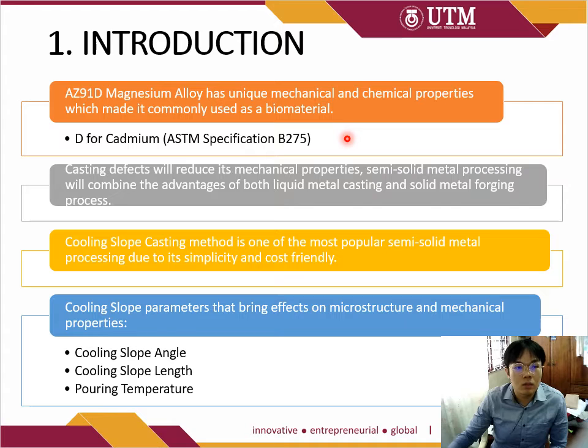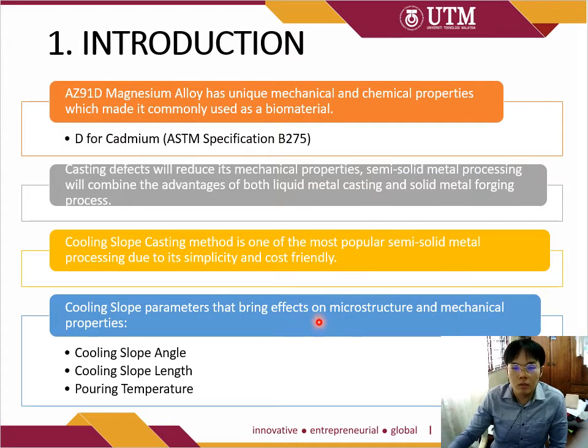As we all know, casting defects will reduce its mechanical properties, and semi-solid metal processing combines the advantages of both liquid metal casting and solid metal forging processes. The cooling slope casting method is one of the most popular semi-solid metal processes due to its simplicity and cost-friendliness. We do not have to purchase any expensive professional equipment to perform cooling slope casting. And cooling slope parameters such as cooling slope angle, cooling slope length, and pouring temperature play an important role on